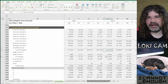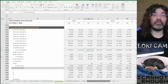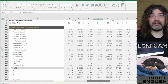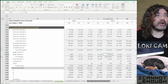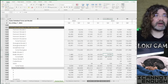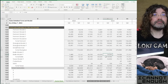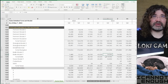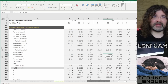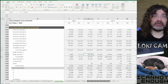We kind of knew that already from looking at some of the monthly numbers they've been reporting now for a while, when they're able to get a full month's worth of production out of that factory, which didn't happen in Q1. What about for Berlin? Well, we've got Model Ys coming out of Berlin, Model 3s maybe one day. I'm forecasting that to rise by 11,000, almost 12,000, versus where it was in Q1